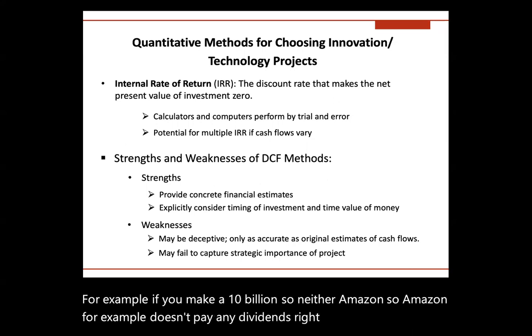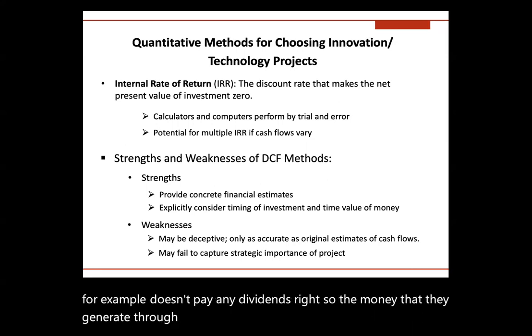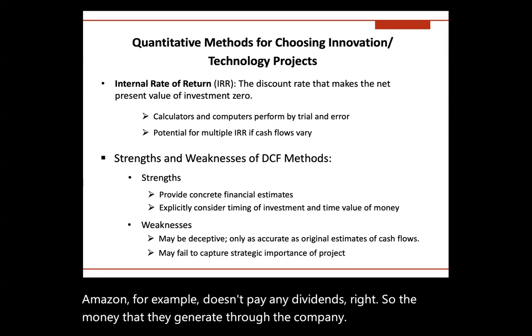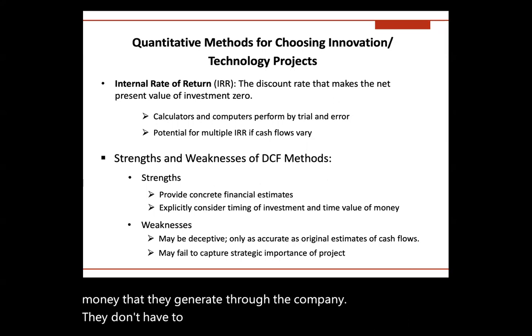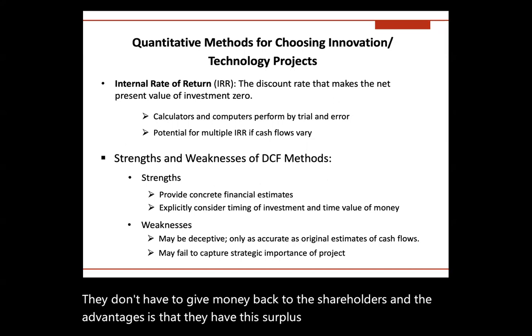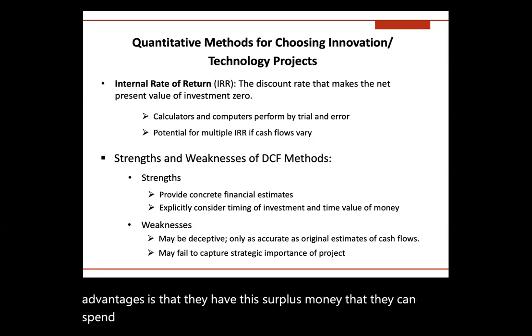So the money that they generate through the company, they don't have to give back to the shareholders. And the advantage is that they have this surplus money that they can spend on innovation and technology projects, right? Okay, so